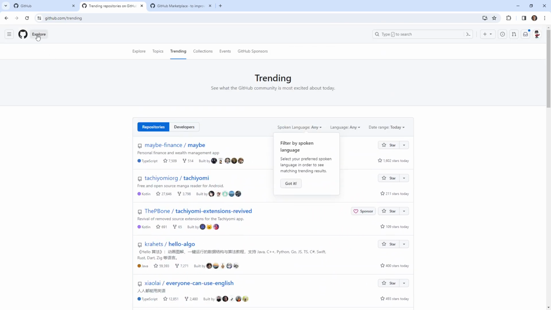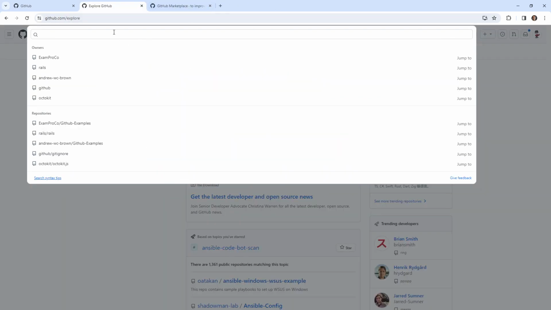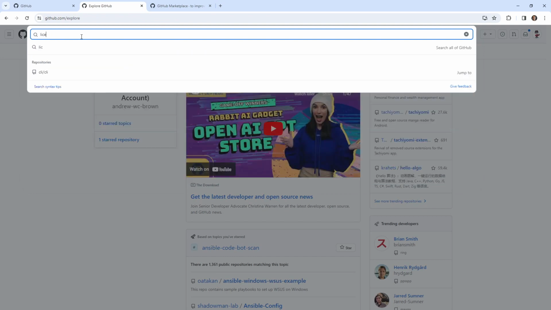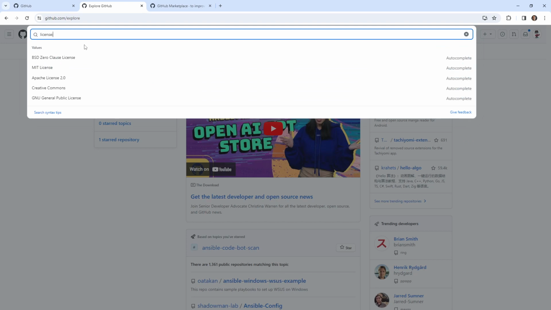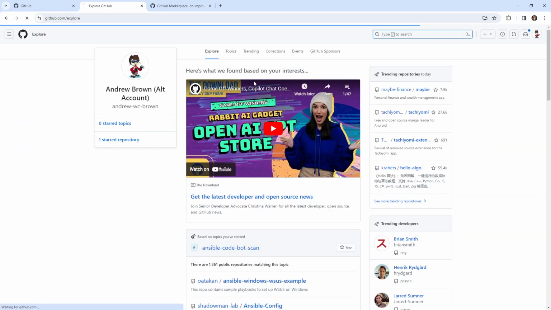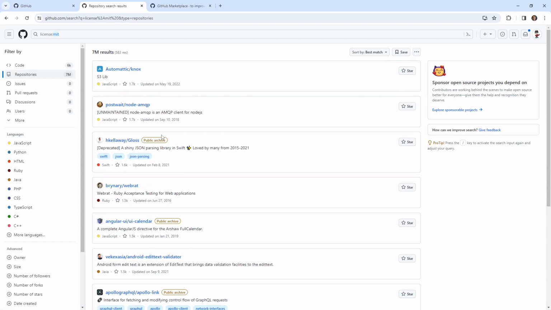All right, but primarily if you're going to find open source stuff, I guess you'd have to search for it and look based on the license. So we can go here and try to expand our search, but maybe we say license. License, I have a hard time spelling that. And so we can just choose one here, say MIT, and just hit enter, and it'll show us everything that is under MIT license. So that could be one way that you could explore and try to find things. But yeah, hopefully that gives you kind of an idea of